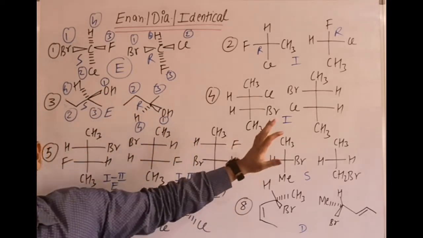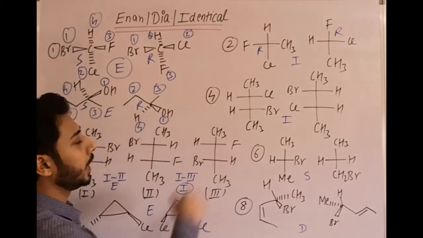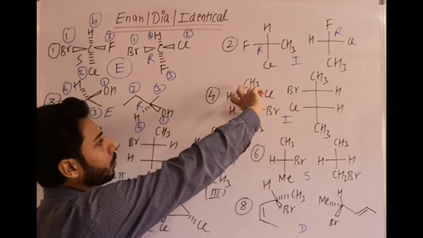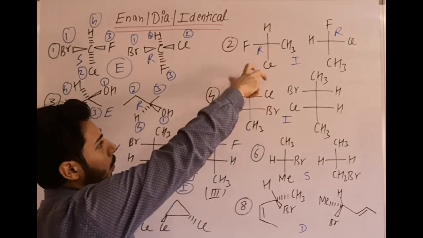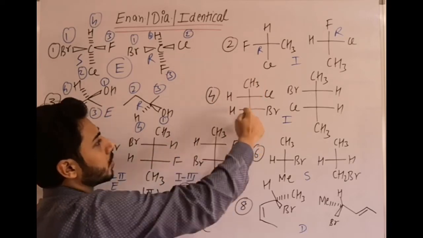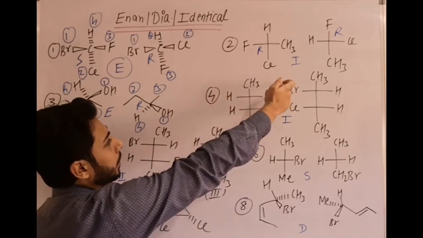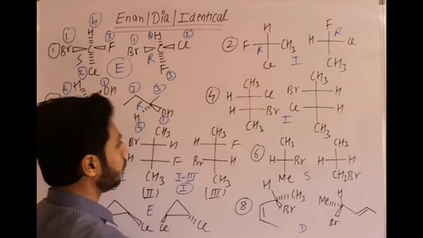So one way I told you, that is RS. By RS you can easily find out. Other way here is by seeing the molecule: if you rotate it exactly by 180 degrees in the plane of the board, this CH3 goes there. That means this carbon goes above and you get exactly this molecule in which form?